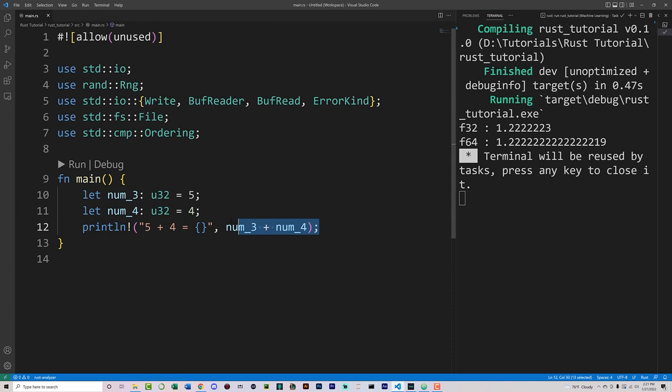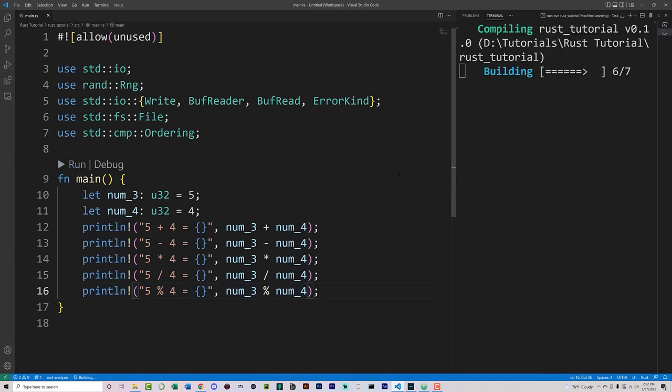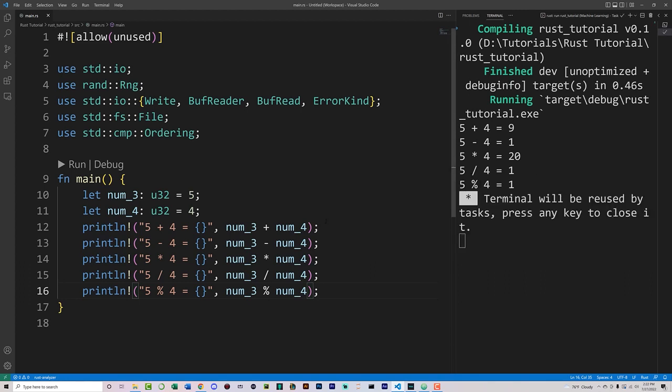And we can, of course, do this with all of the basic types of operators that you would use in mathematics. So I'll throw in minus. Everything's the same. There we go. And then for this last one, this is actually going to give us the remainder. So I'll throw a remainder inside of there. And if we run it, you're going to see all the different math operators